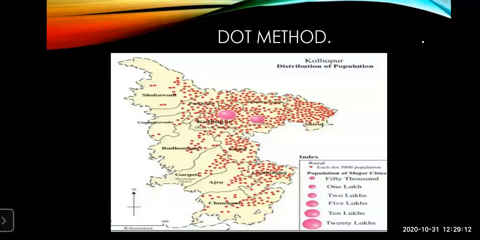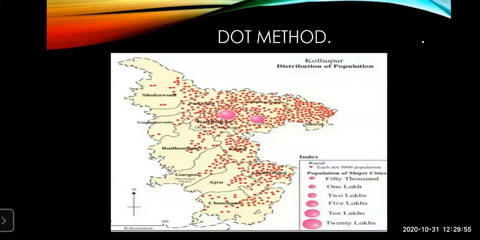I have already taught you how to fix the size of the dot in the previous lecture. Okay. So the value of the dot has to be determined. Next step is the highest and lowest value. Means we should fix the size of the dots. You will consider which is the highest value and which is the lowest value. Now we need to consider the density of the variable and the scale of the dots on the map. While placing the dot, there are some things we have to keep in mind. You can see that these dots are placed in one direction. They are not put in the whole part of the area which is covered.